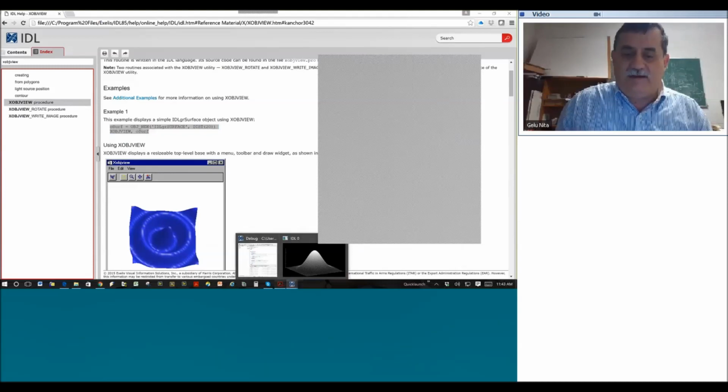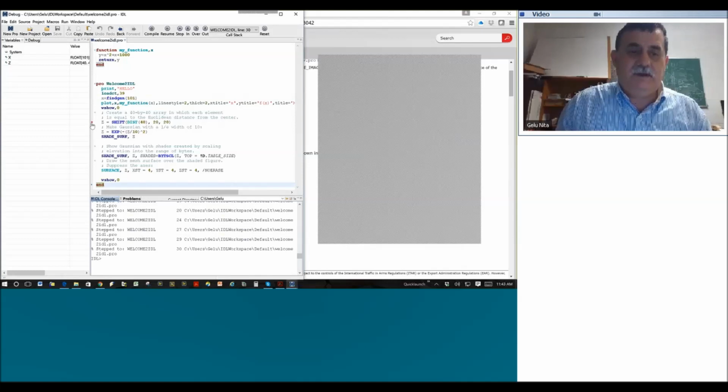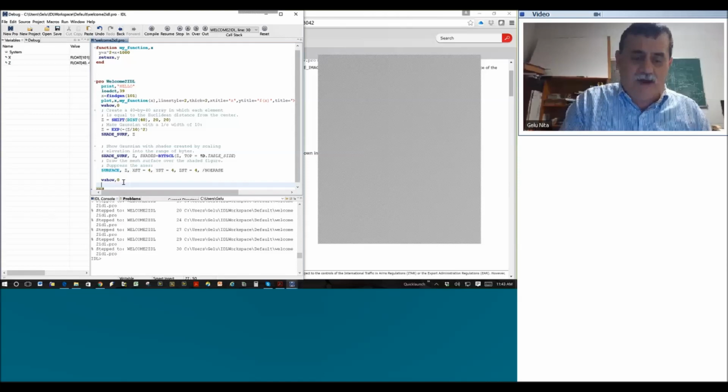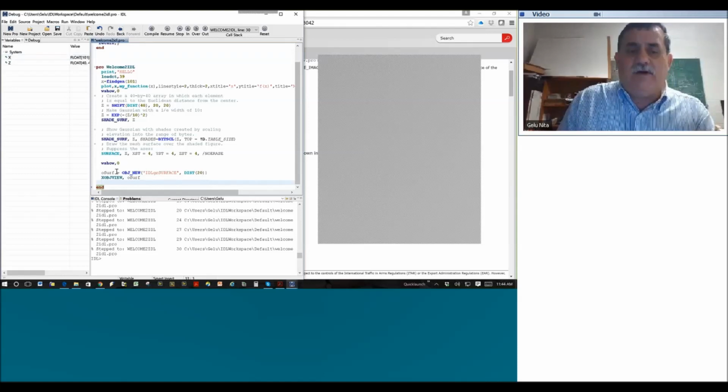Because we are close to ending this session, I wanted to show you something else. In the end of my program, I could type this directly at the command line, but I want to share this program with you, so I will put this. This is creating something more sophisticated, a plot which is something called an object. So if I run,